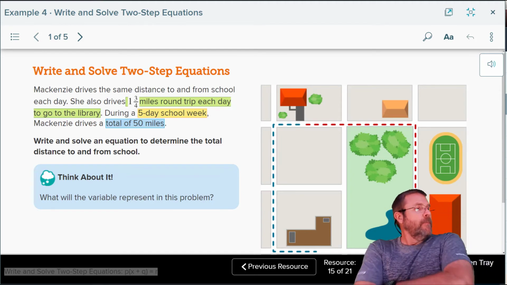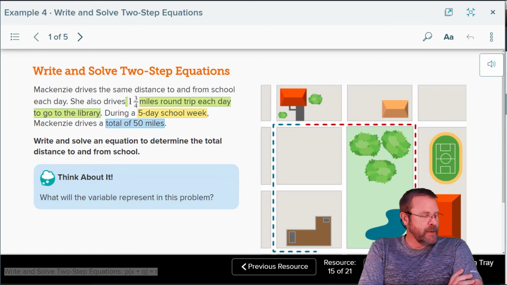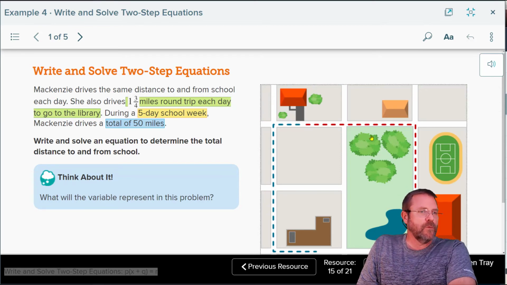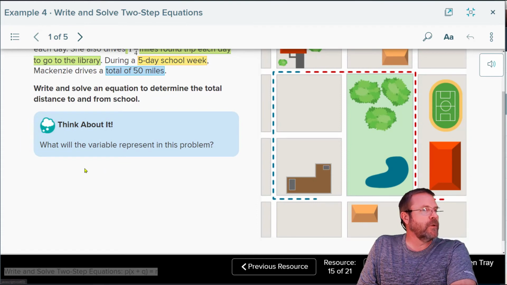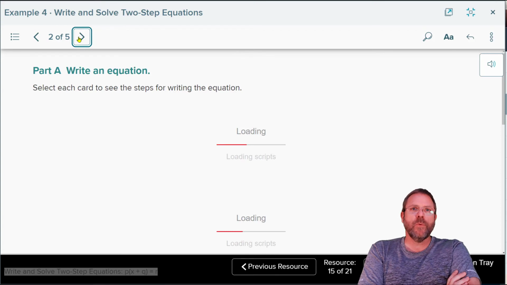this one. Mackenzie drives the same distance to and from school each day. She also drives 1 3/4 miles round trip each day to go to the library. During a 5-day school week, Mackenzie drives a total of 50 miles. So you can see her little route that she has mapped out there. Not that it really matters to us at all. What does matter to us is how are we going to write that